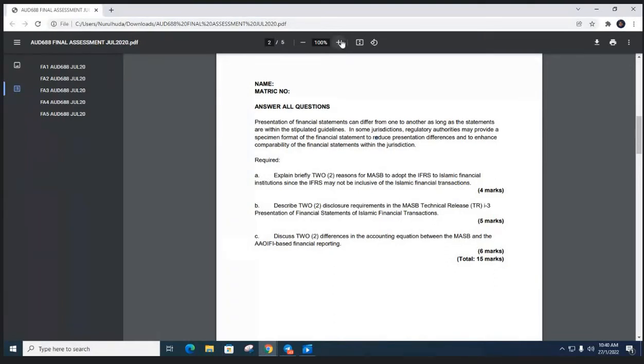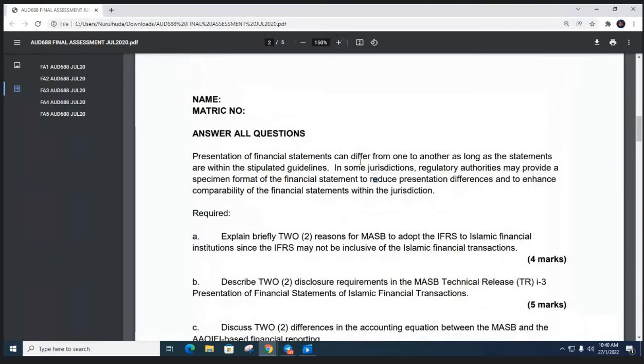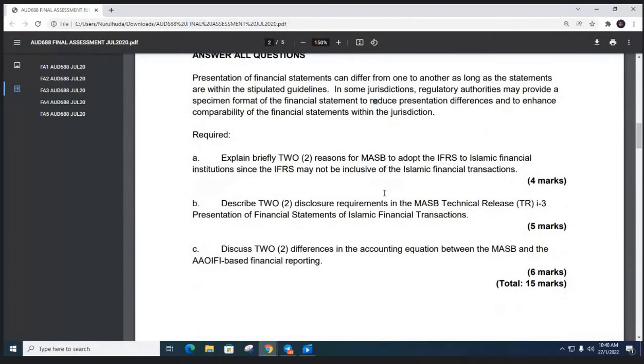Presentation of financial statement can differ from one to another as long as the statement are within the stipulated guidelines. In some jurisdictions, maksudnya among countries, regulatory authority may provide a specimen format of the financial statement to reduce presentation differences and to enhance comparability of the financial statements within the jurisdiction. Okay, the question,